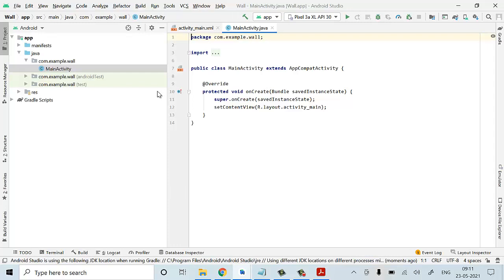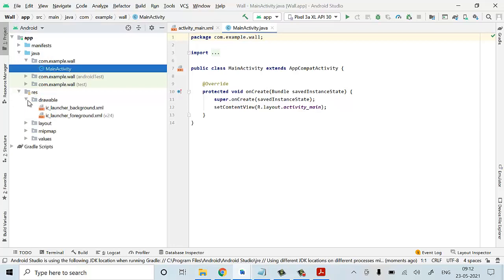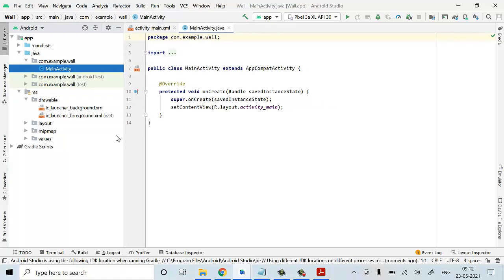So now everything is ready. If I want to change the wallpaper, first just open the folder called res. In the drawable folder, you have to place all the wallpapers.